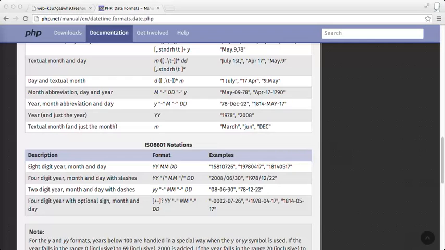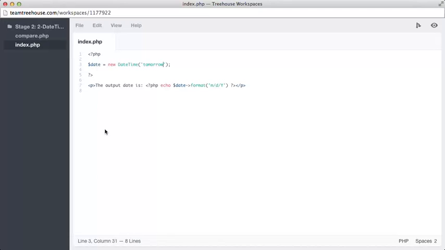Sometimes you'll need to work with dates that are stored in unsupported formats. For example, if a string contains 2 date segments with numeric values below 13, they could both be days or months. Luckily, the datetime class has a method called createFromFormat. We can provide our custom input format to this method along with our date so that PHP can read the string correctly. If we go back to our workspace,